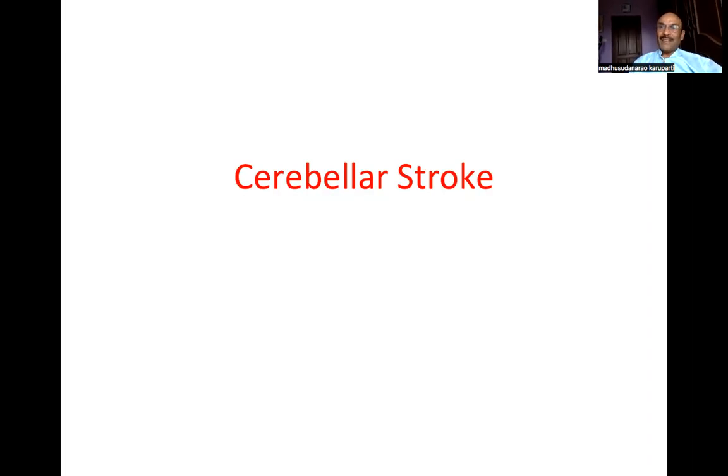The topic of today's lesson is cerebellar stroke. The cerebellum is the structure responsible for the smooth execution of voluntary acts. It is located in the posterior cranial fossa, below the occipital lobe and behind the pons and medulla. And cerebellar stroke is the cerebrovascular accident of the posterior cranial fossa, involving